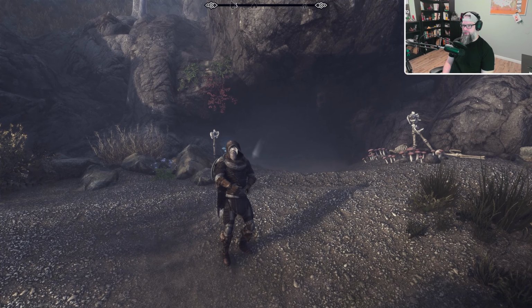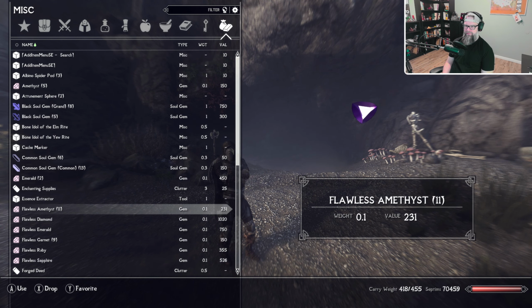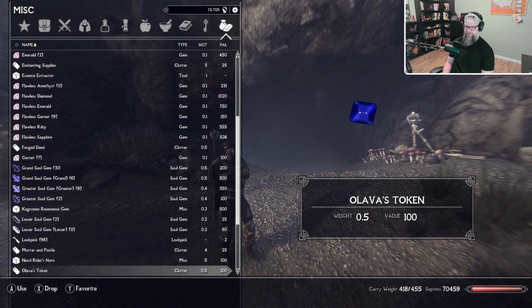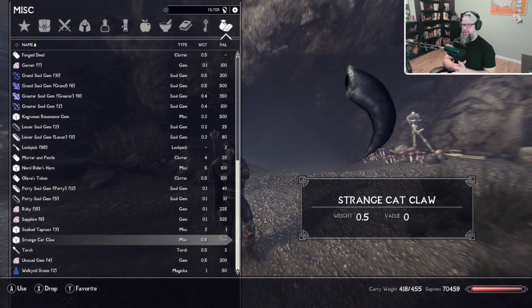Now for this one, we're going to need the Strange Cat Claw, which can be kind of hard to find. Since saber cats are so sparse throughout the countryside, especially at lower levels, you're going to have fewer opportunities to find this. You're going to get the Strange Cat Claw by harvesting saber cats, but I would suggest you hedge your bets